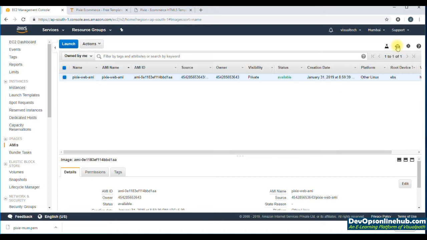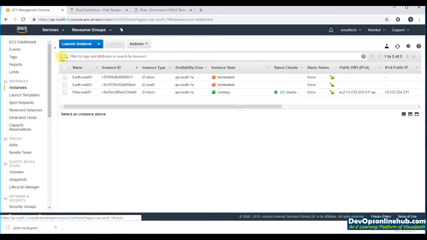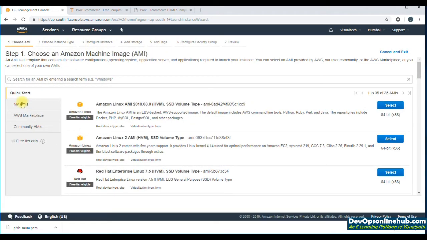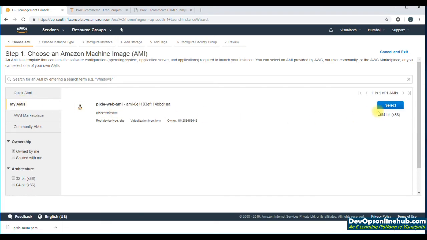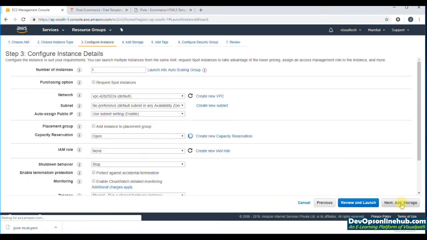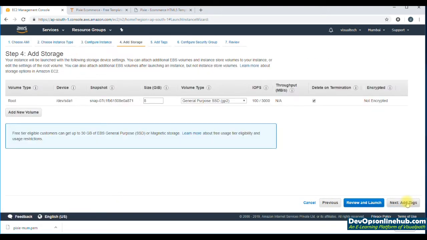So in a few minutes' time, my AMI is ready. Status says available. Now I can launch an instance from this AMI. Either I can select it here and click on launch, or I can go to instances, say launch instance, go to my AMI section, select my AMI, and then the same steps: configure instance details, next,